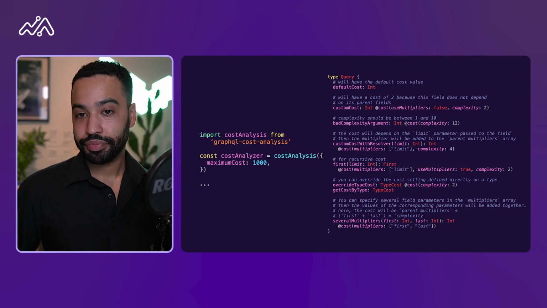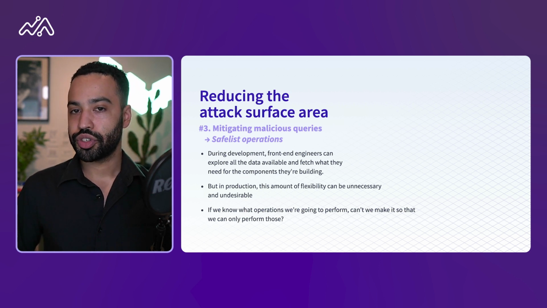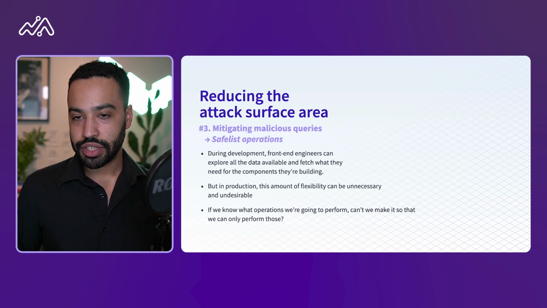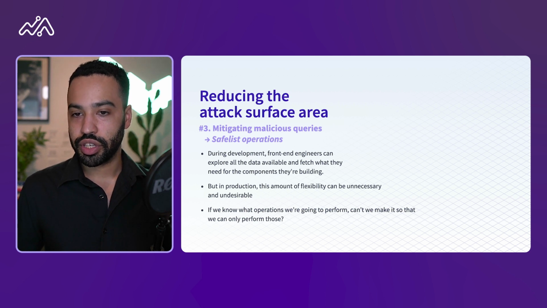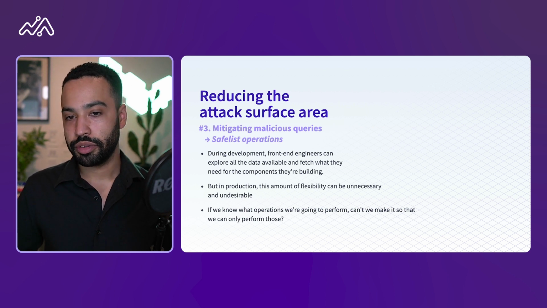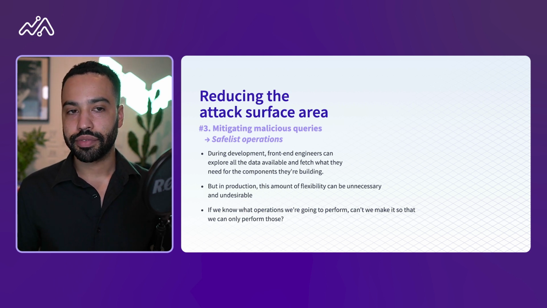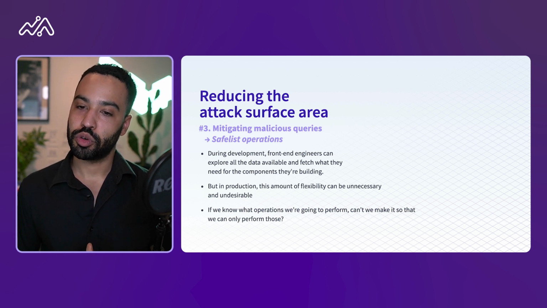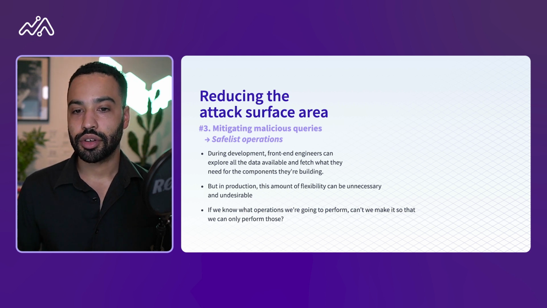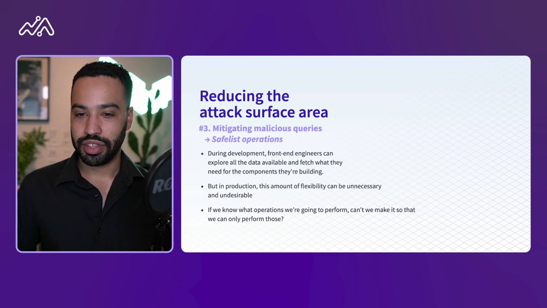That's pretty neat, right? All right, the next tip here is called safe listing operations. During development, it's really useful to be able to connect to your graph and then write whatever kinds of queries you need in order to populate and hook up components you're building. However, in production, we may not want to expose that same level of flexibility. Why? Well, we saw what's possible with deeply nested queries and overly complex ones. What if there was a way to just specify the exact queries that need to exist so we could just